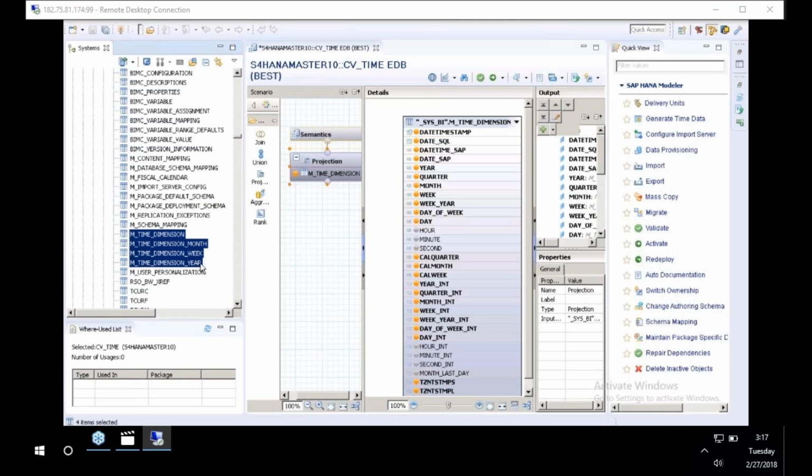if week, this table, and here this table. And here you can see there is another table called M underscore fiscal underscore calendar. This table the system will propose when we select the fiscal year. So this is only one table for the fiscal calendar. Okay, now when you click on semantics,